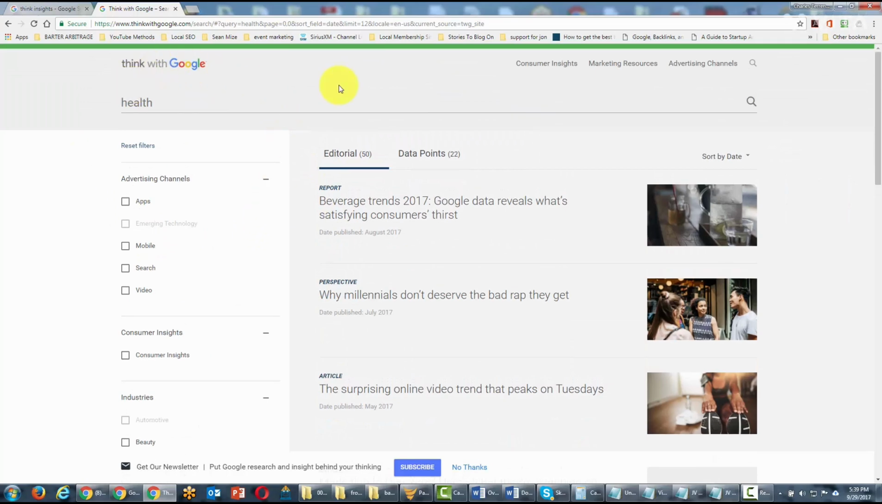Google's perspective. Think with Google is divided into three basic areas: consumer insights, marketing research, and advertising channels. So if you want to understand your search term from a marketing perspective, you'll want to go to Think with Google and then place it inside of the parameters. And then if you don't find it, continue to broaden the term until you find the basic structure of where